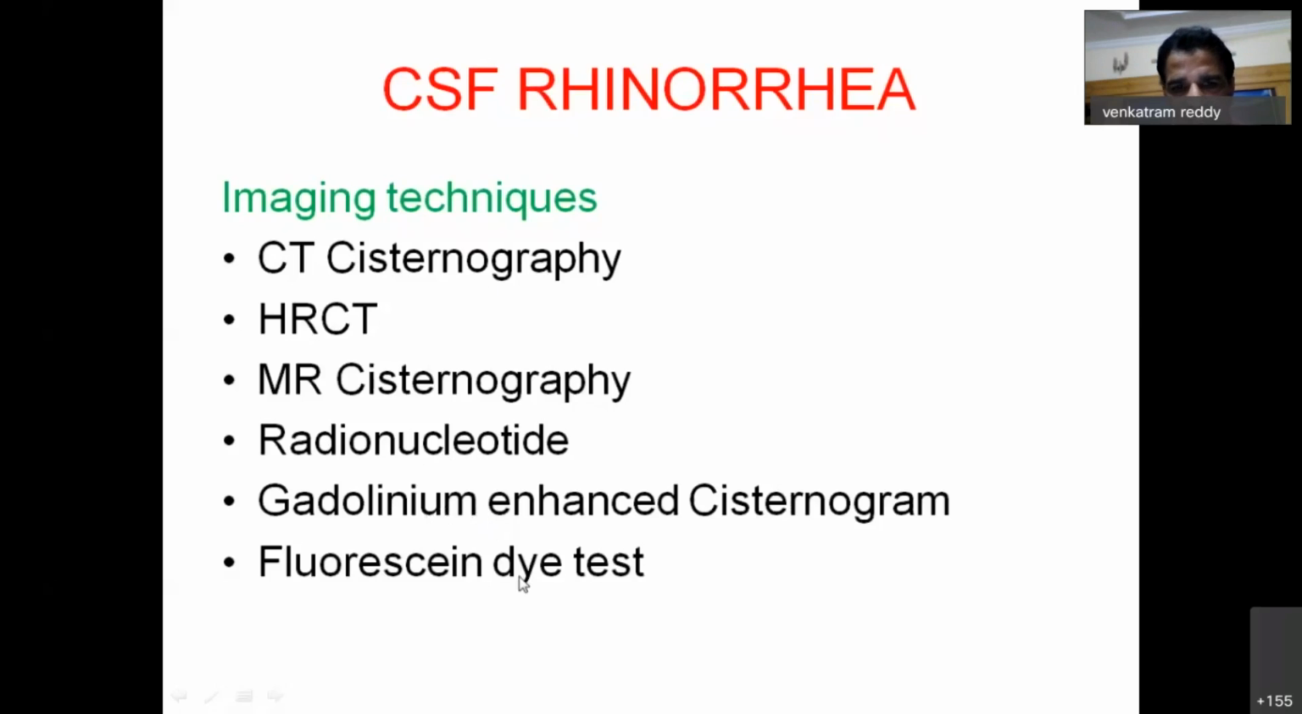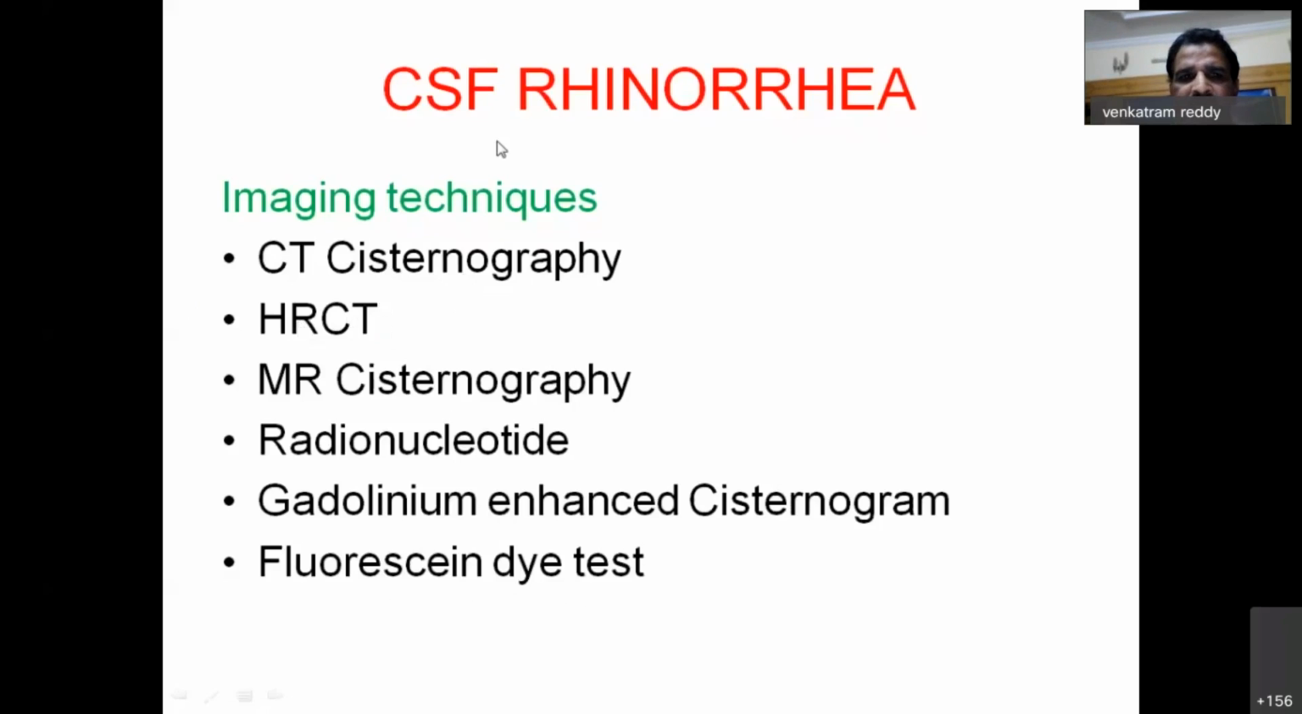The fluorescein dye test is not done very regularly in India because it is banned there, but in other Western countries the fluorescein dye test is done. Then, what is my choice of investigation? Usually, among the non-invasive techniques, the high resolution CT scan with 0.5 to 1 millimeter cuts is the initial choice. And the CT cisternography is the real gold standard for many centers, but its limitation is that you get the leak